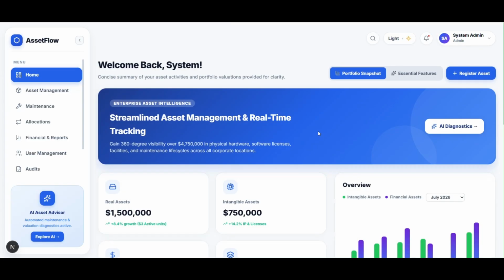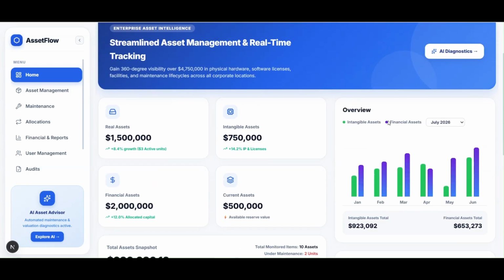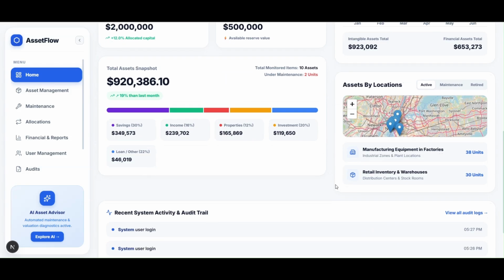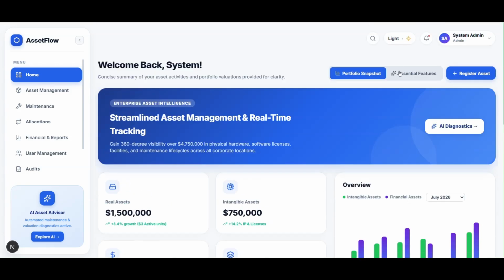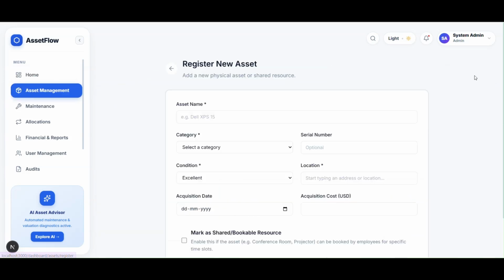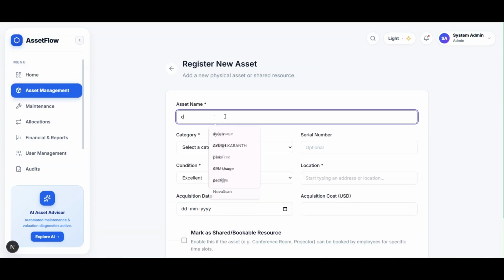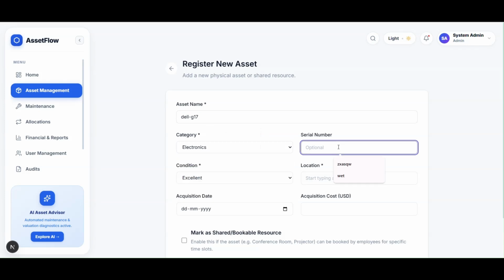As soon as we sign in, immediately the admin has access to many things which he or she may require to immediately get a quick view of what is happening in the organization at the current moment. From the admin page or dashboard itself, he can immediately set up a new asset, naming it Dell G17, select a category, a serial number,